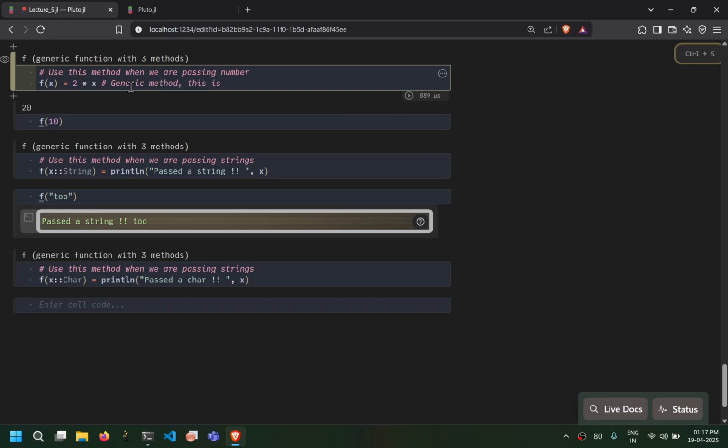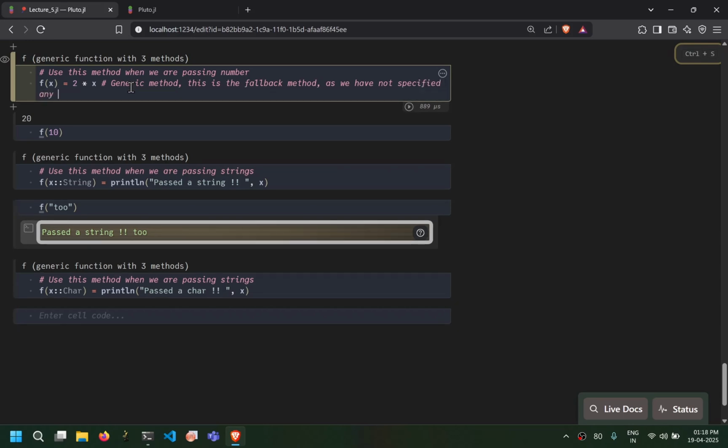This is the fallback method, as we have not specified any data type of the input variables. Okay. So this is another method where we have specified what to do with the function if it